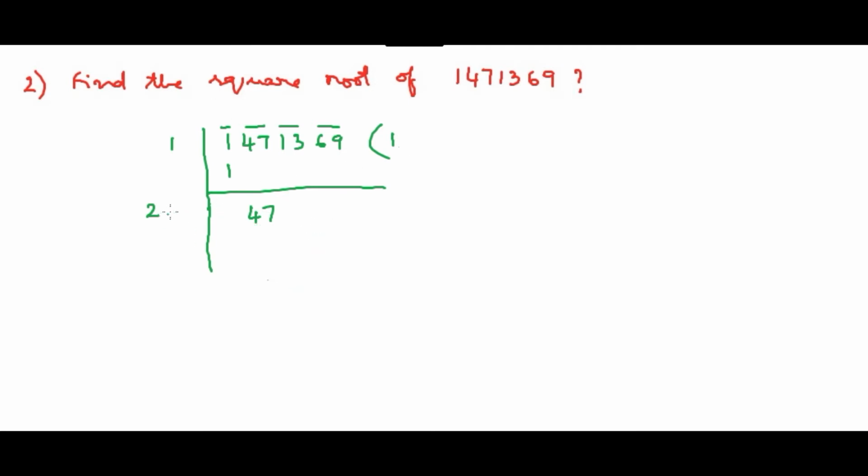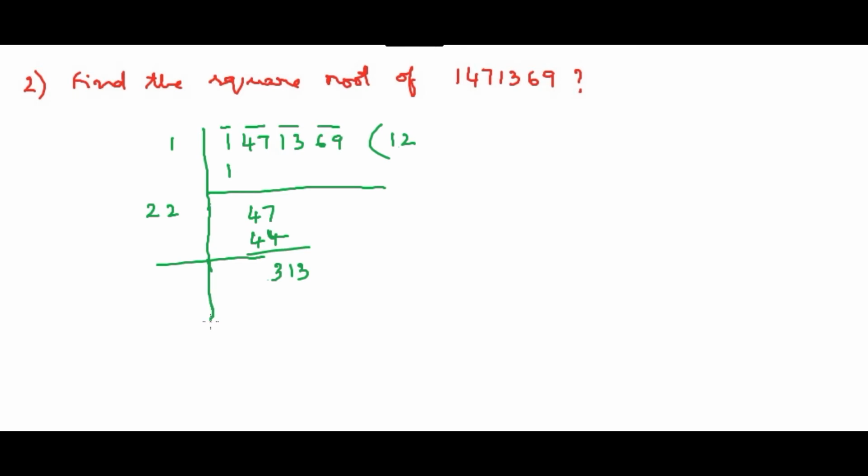So in this way we have to move forward. It is 2 times 2, and 2 will be written in this way, and we need to multiply them. So finally we will get 44. The 3 is remaining, and I need to bring 1 3 here. We need to bring 2 digits at a time. So now how to proceed?